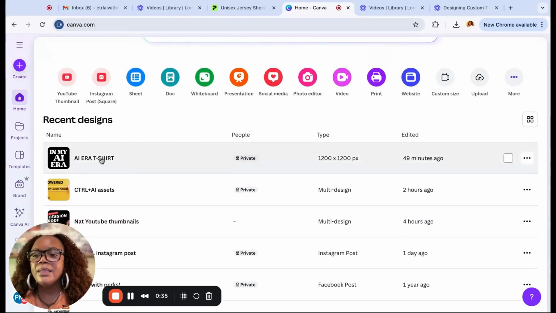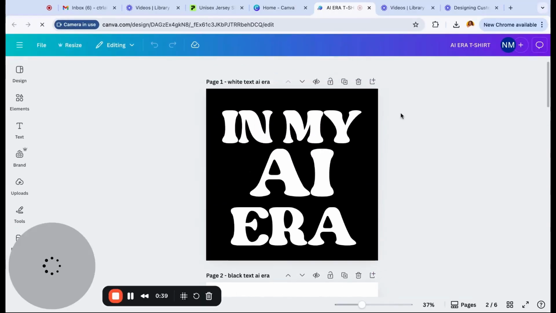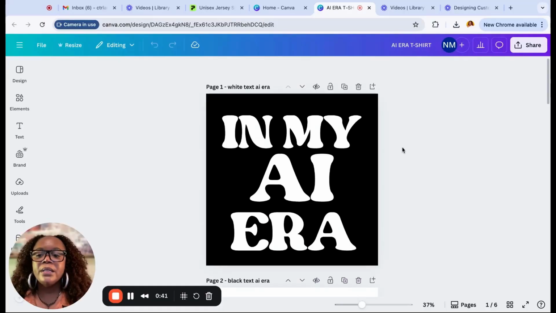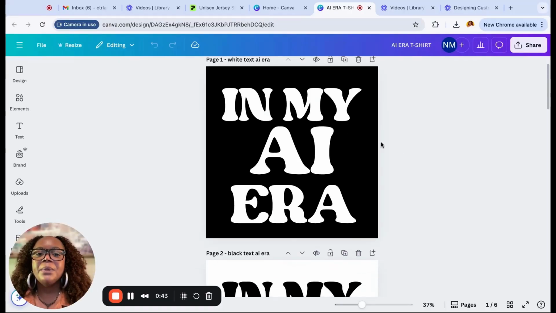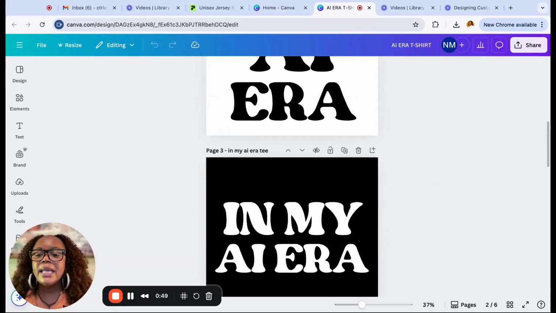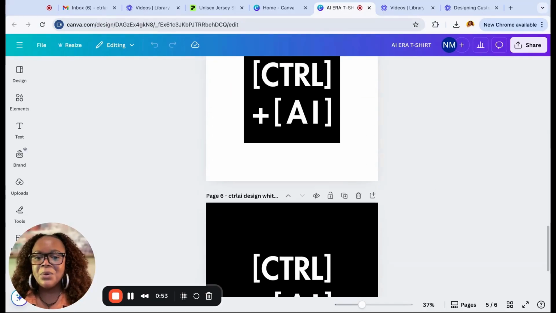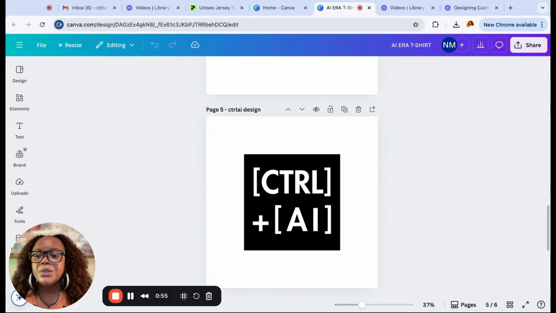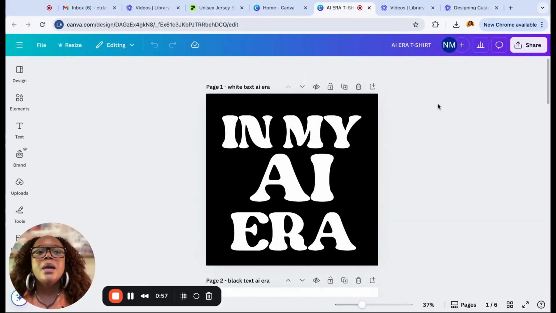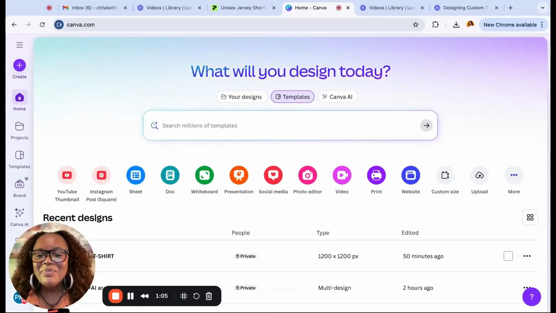However, I'll show you the final designs from the previous recording, where I created my AI era t-shirt in 2 variations, white text and black text, and also my logo for a white shirt and a black shirt. But let's start from scratch. I can actually demonstrate how to do this. So we need to get the